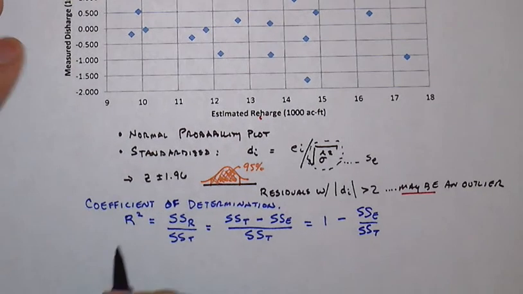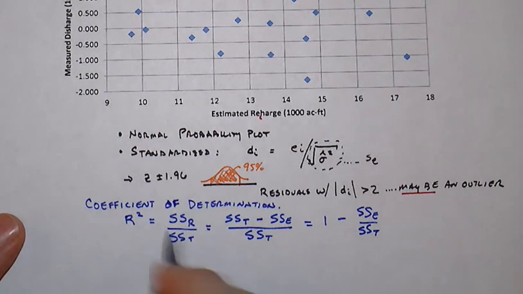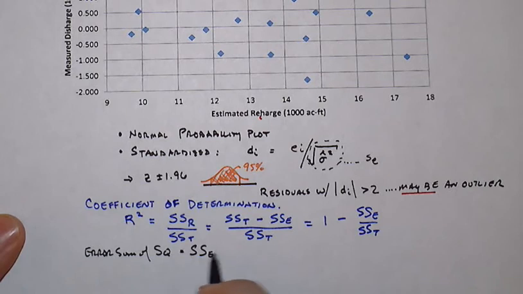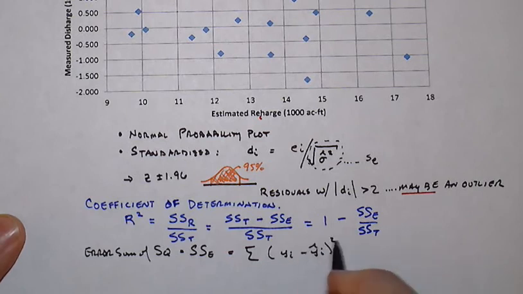Now, let's go back and look at what these things mean and how this all came about. The error sum of squares, our symbol SS sub E, is the sum of our actual value minus the predicted value, squared. So the sum of the errors squared. Our regression sum of squares,